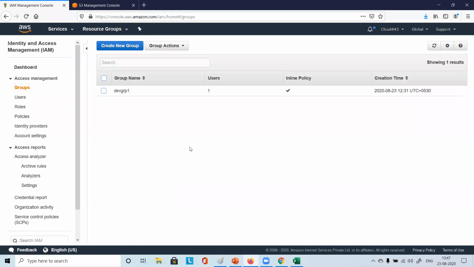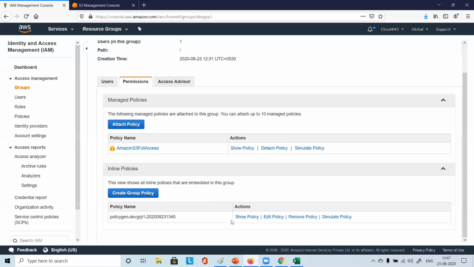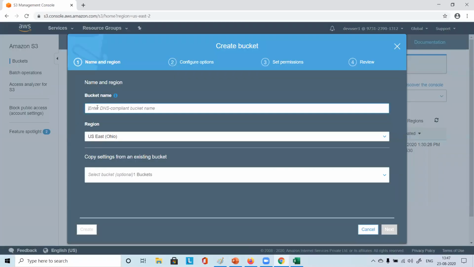So now it's already applied to this group. You just click on group and see this. It's already applied here. Two policies are there. Now you just go to another browser, and you try to create a bucket.